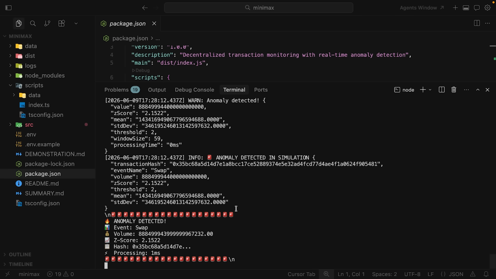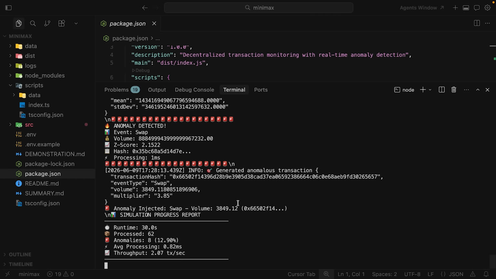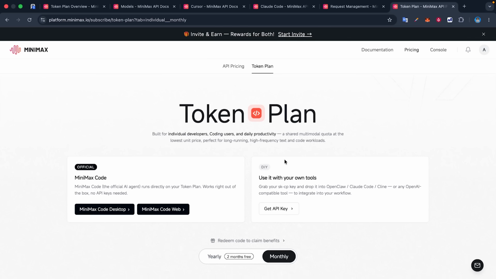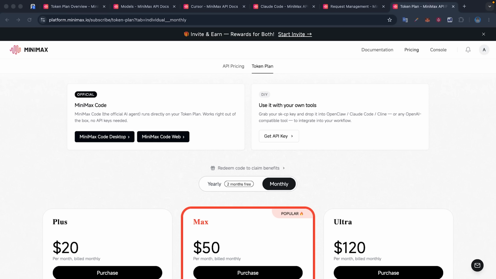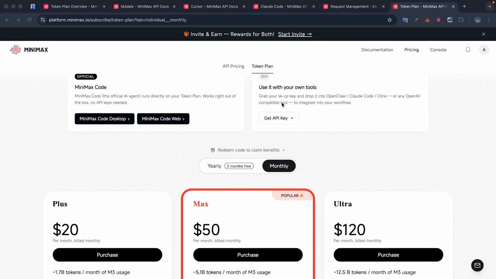Having an open weight model perform at this caliber across long horizon coding tasks completely changes the cost efficiency math for independent developers and enterprise teams alike. To run these kinds of production agent workflows sustainably, you need an affordable infrastructure foundation, which brings us to the